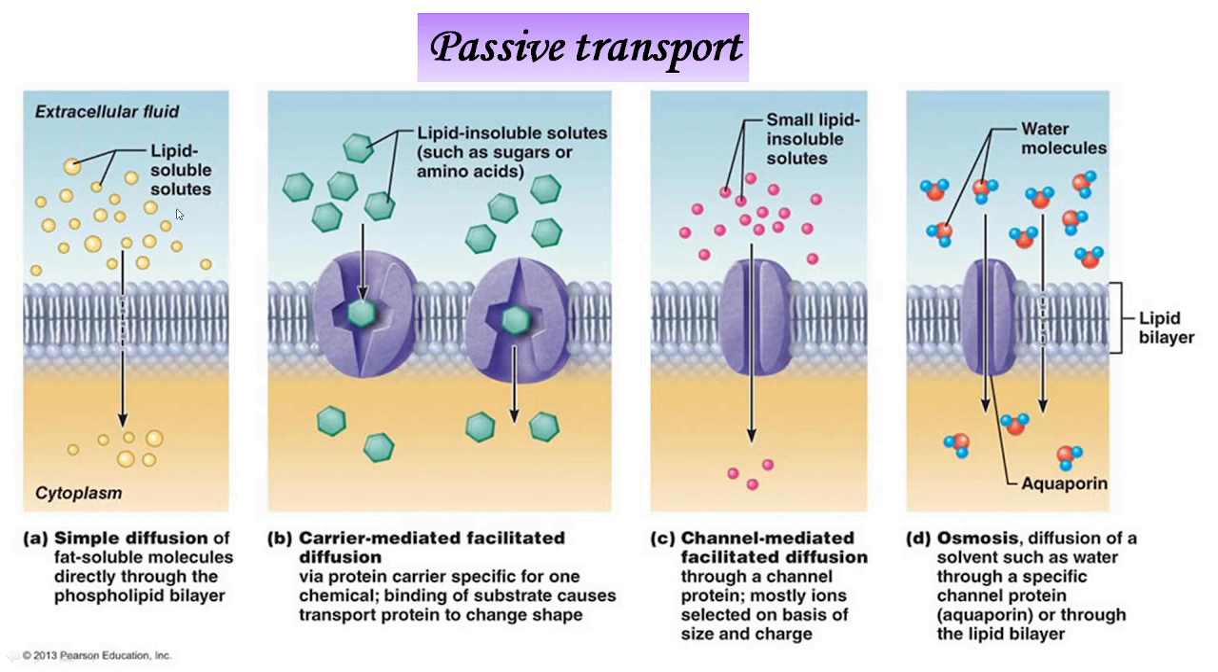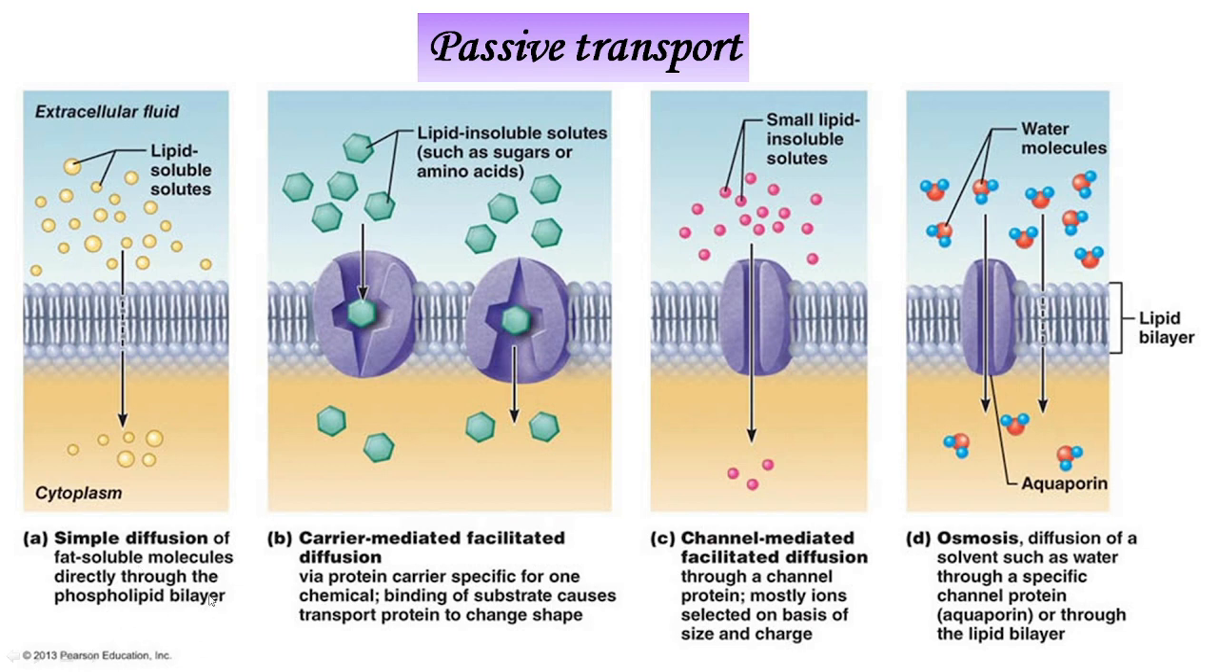Now, if we look at the first diagram on the left side, we can see some lipid-soluble solute particles which are present on the outside of the plasma membrane, which is labeled as extracellular fluid. And we can see the cytoplasm, which is towards the inner side of the plasma membrane. The soluble substances are able to pass across the bilipid membrane and easily enter into the cytoplasm without the requirement of any energy. Such a process is called a simple diffusion process because it takes place directly through the